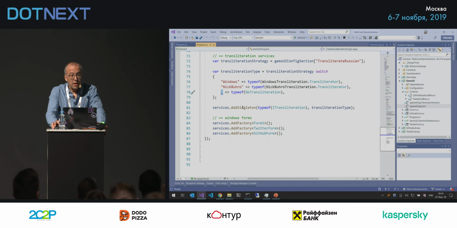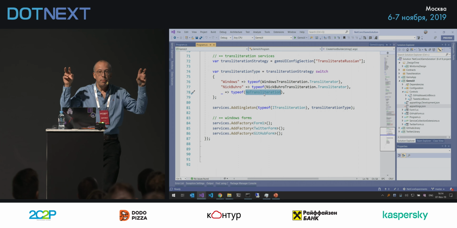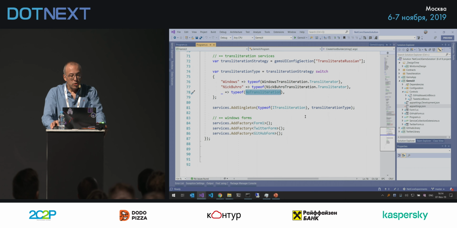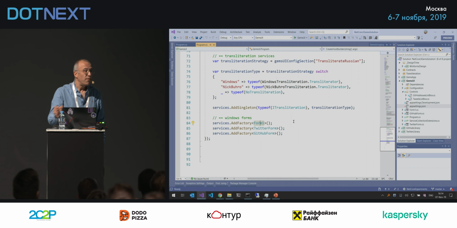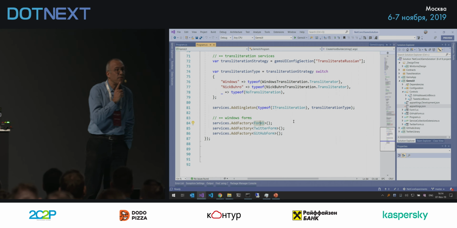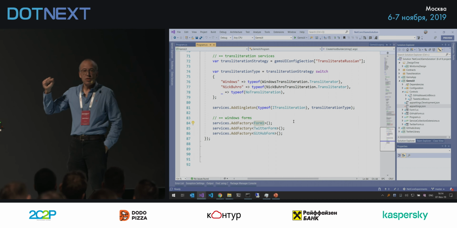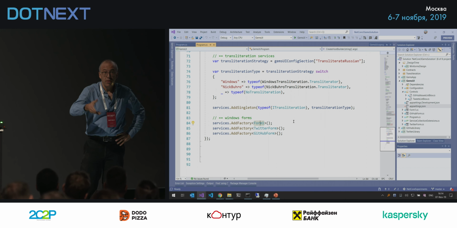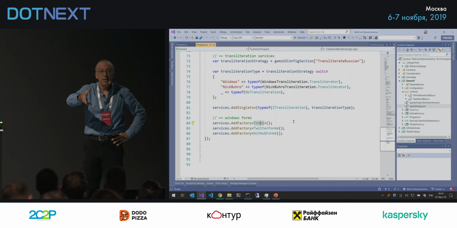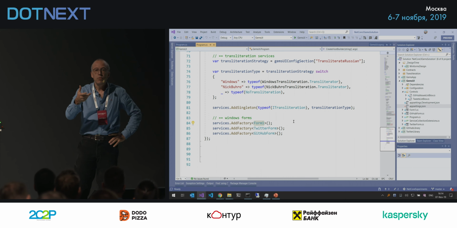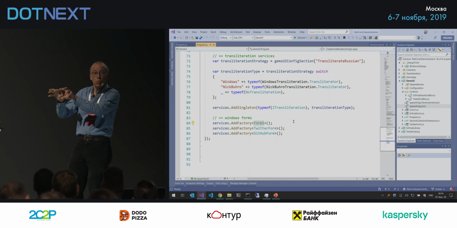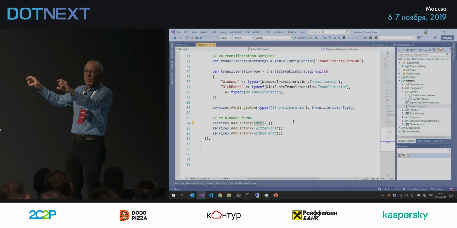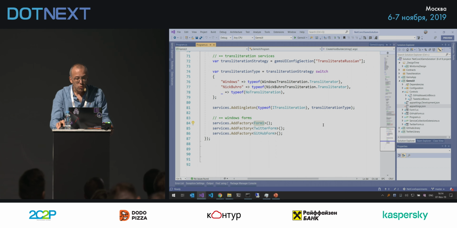Right after, we have this add singleton that adds the type. Of course, no transliteration is the kind of NOP for not doing anything. And then we have this injection of the form. The forms can be injected, but you have to be very careful, because if you want to open and then close, when you press the X on the form, it is disposed, right? So you want to reopen on demand. And how can you open on demand? By asking to the dependency injection, because if you make the new, you have to provide also the parameters to the constructor. So if we go to the form 1